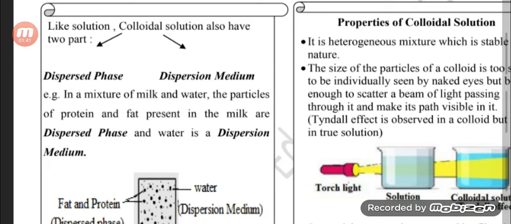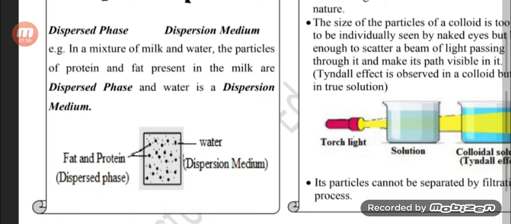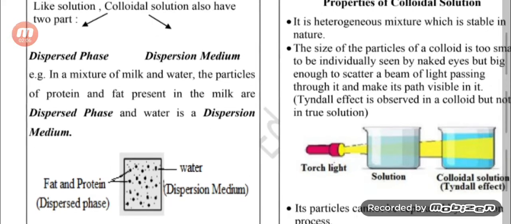Dispersed phase, students, is the part which is present in very small quantity, and dispersion medium is the part which is used in large quantity. For example, in a mixture of milk and water, the water is the dispersion medium and